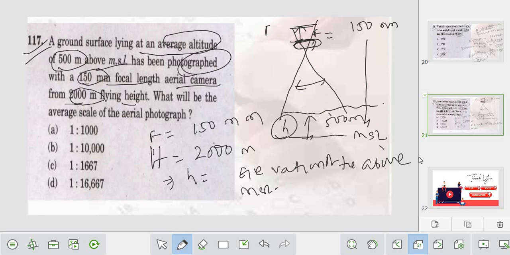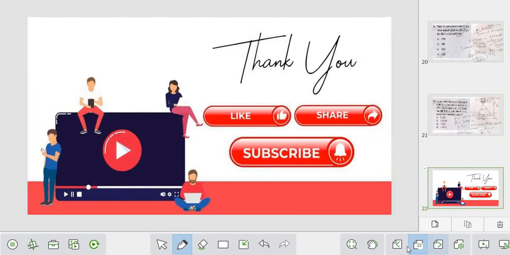so this is the flying height, है ना, flying height दिया हुआ है, small h दिया हुआ है, so what is the scale? Scale will be focal length, we have to subtract this part for the mean sea level part, na, f by H minus h. Let me add some more point, जैसे मान लो